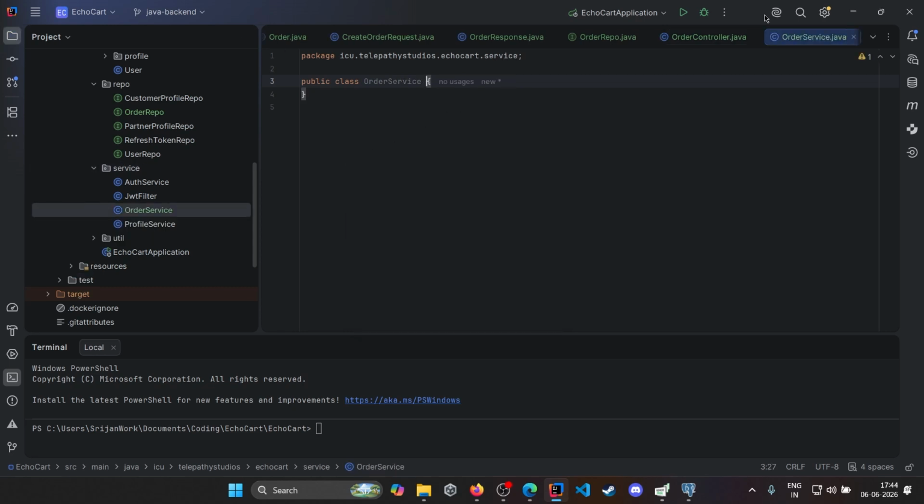So yeah, this is all the order class, the controller class and service class. I will write the code behind the scenes and show it to you, what I've done. So yeah,